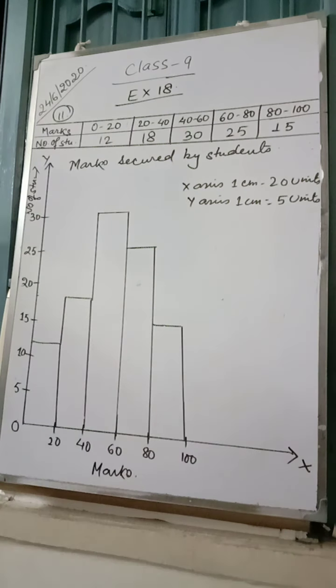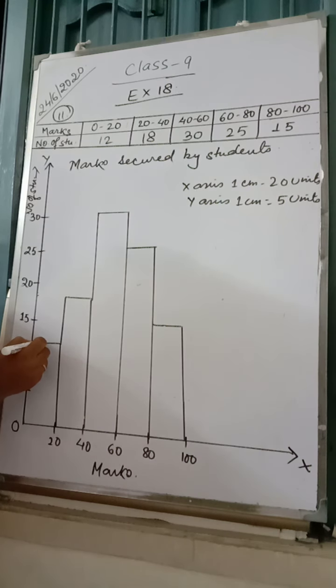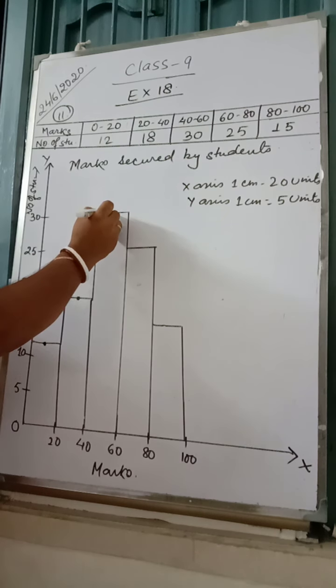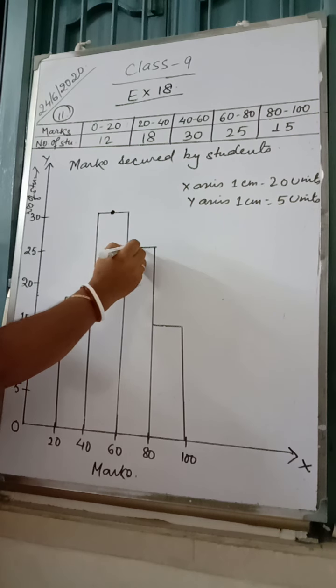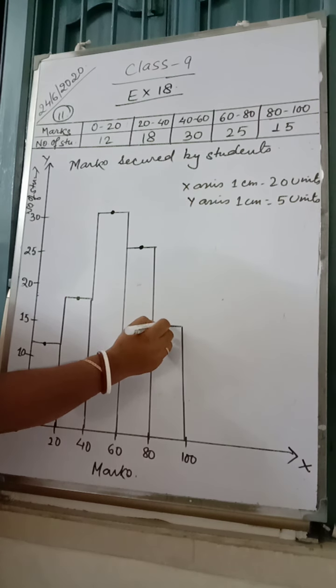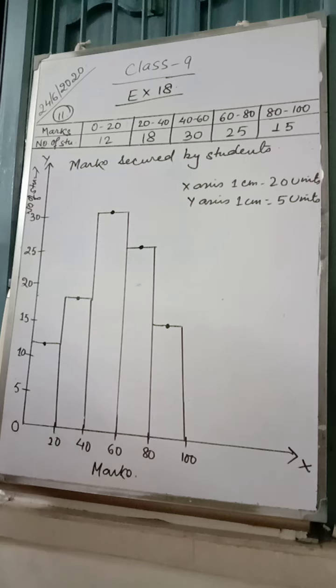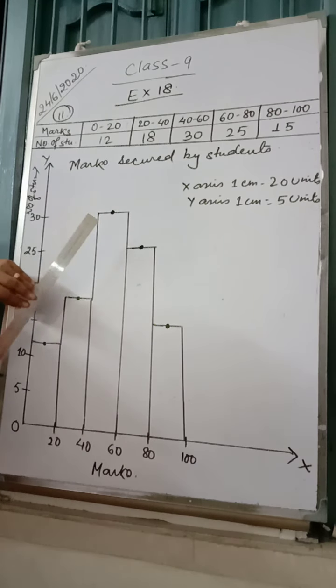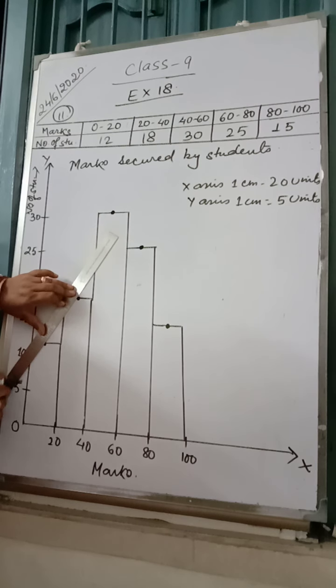This much work we have done. We have constructed the histogram. There is no confusion at all. Already you are doing it. Now we have to construct a frequency polygon. Dear, repeatedly I am saying, you get the midpoint, always keep it in mind. We get the frequency polygon with the class mark, not with the class interval. Always you get the midpoint. I have got the midpoints of all the bars, and then we will be joining these points with the scale.